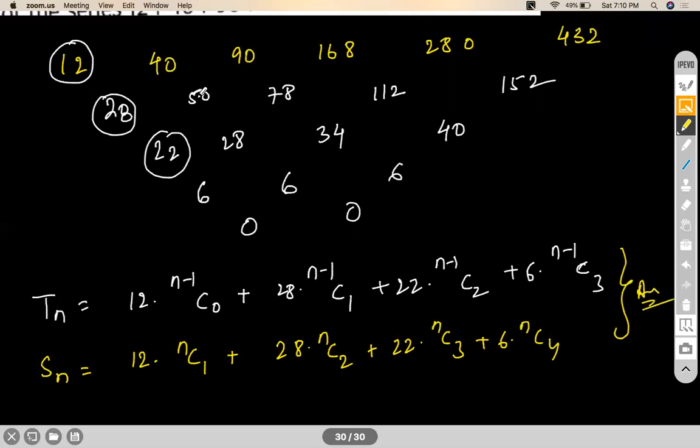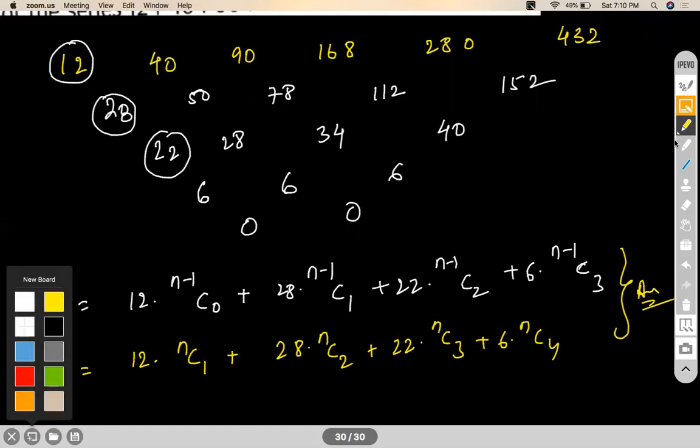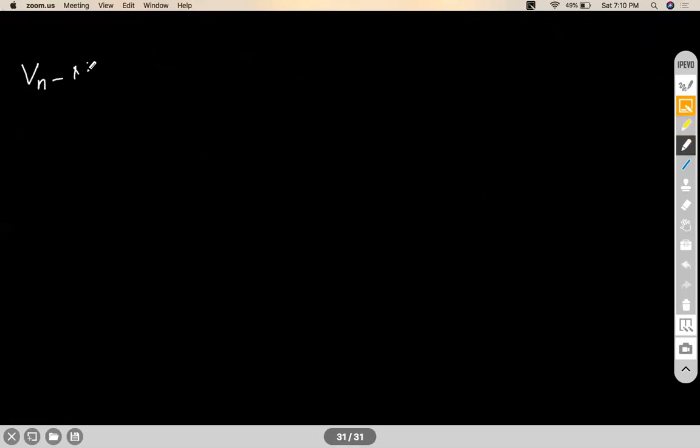Is it fine? So both these shortcuts are understood by you all, right? Now we are going to move towards the Vn method of summation. Vn method of summation is basically a very special type of method of difference, which is used in various cases. It is specially used in those cases where you are able to break down any Rth term as a difference of two such functions which are consecutive in R.